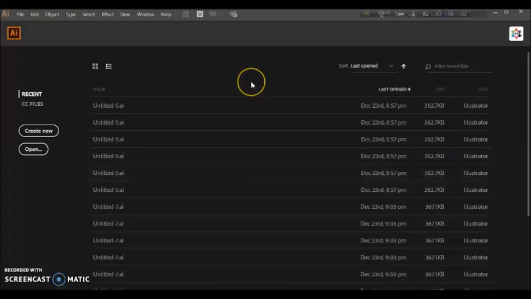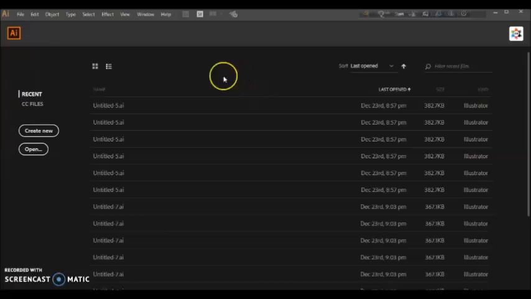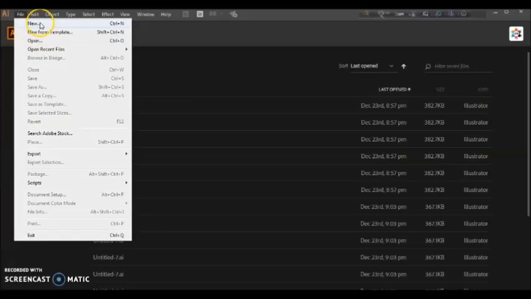Hello friends, in this tutorial you will learn the basics of Adobe Illustrator. After opening Adobe Illustrator, you will see a blank page like this where your work will be recorded. At first you have to choose File to create